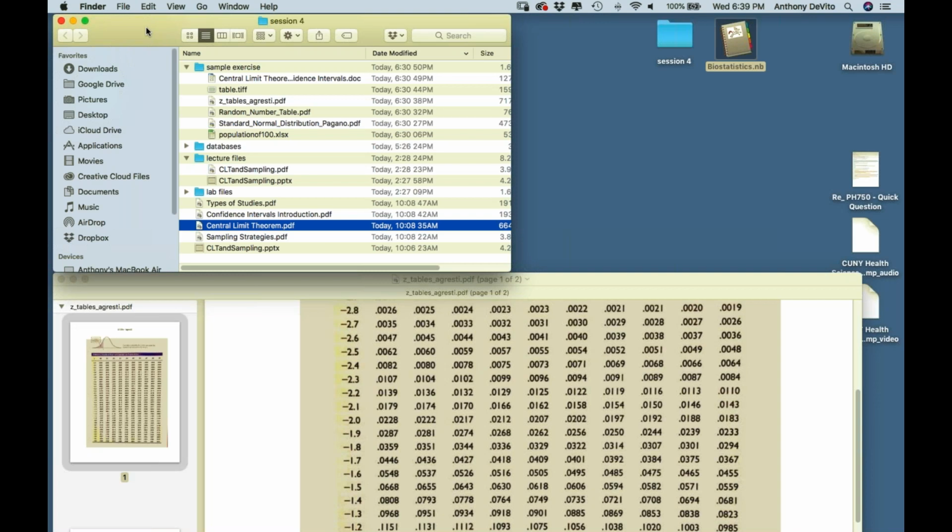What does that basically tell us? It tells us a couple of things. We're going to go through a PowerPoint in a little while, but just for starters, what that tells us is that if we take repeated samples of the same size from a population and we find the average for each of those samples, and then we make a new distribution.